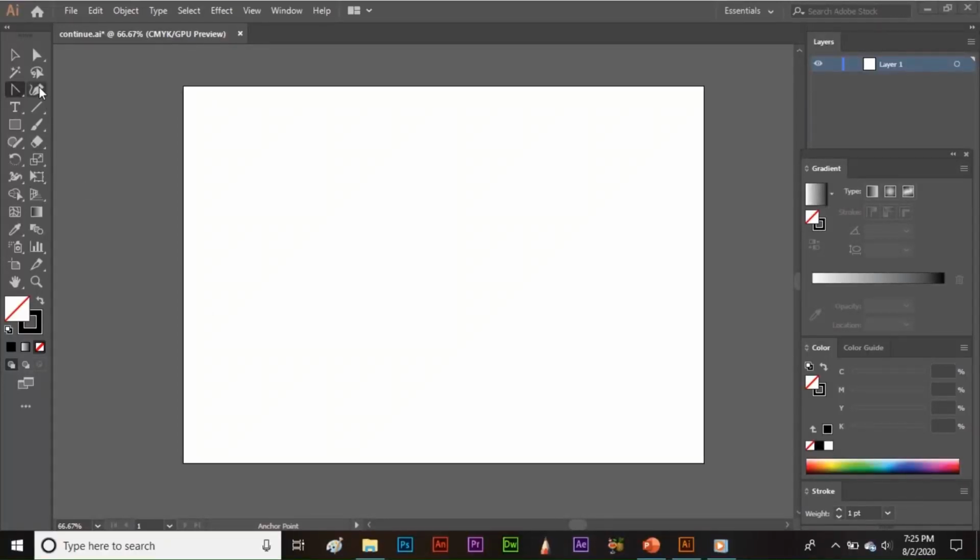Now next comes the curvature tool, which is right next to the pen tool. Curvature tool is very similar to the pen tool. The main difference between the curvature tool and the pen tool is that when you click to make an anchor point and again click and hold and position your second anchor point, and if here you click, you will see the curve